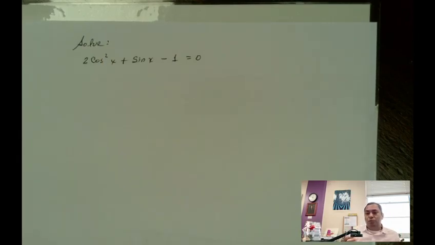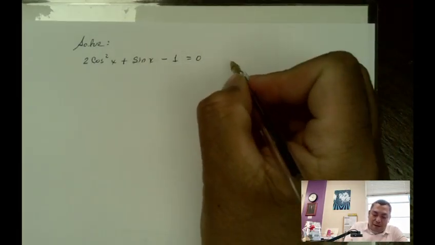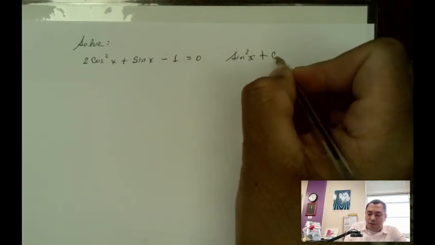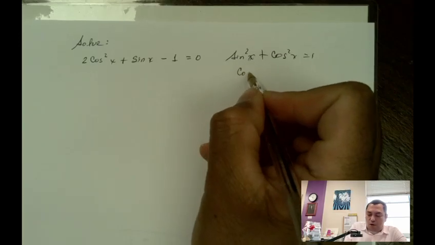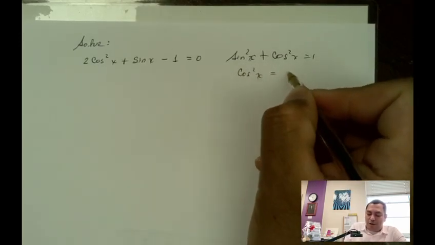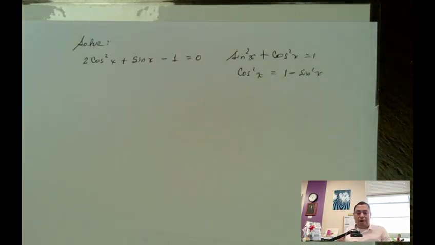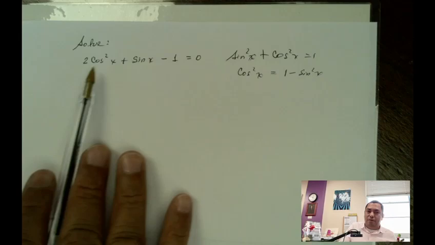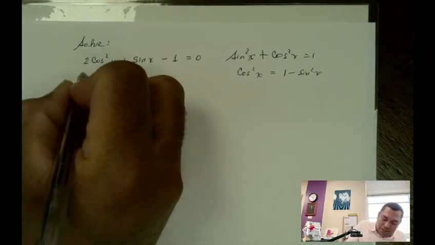be the easiest one to transform into sine squared, because we have, in this case, the Pythagorean identity: sine squared of x plus cosine squared of x equals 1. And I know that cosine squared of x is equal to 1 minus sine squared of x. So if I do that transformation, I'm going to be able to convert every single one of these relations into sine. So what I have is 2